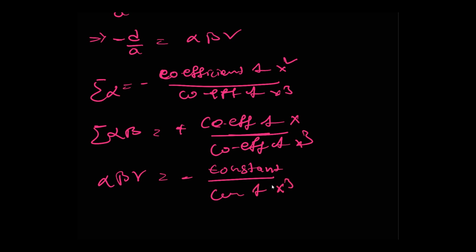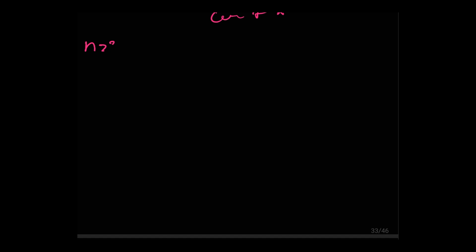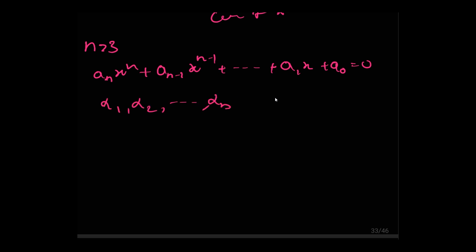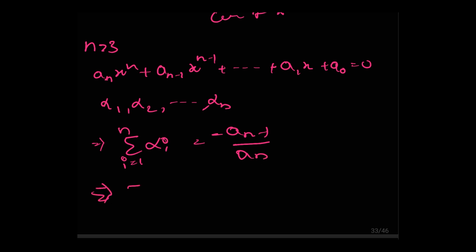Now similarly for degree n greater than 3, if we take the general equation as a n x power n plus a n minus 1 x power n minus 1 plus and so on plus a1 x plus a naught equals 0, and assume alpha 1, alpha 2, and so on up to alpha n are roots of the above multinomial, then we will get the summation of alpha i, i equals 1 to n, as minus a n minus 1 by a n, and the summation of alpha i into alpha j taking 2 at a time, i greater than j from 1 to n, will be a n minus 2 by a n,